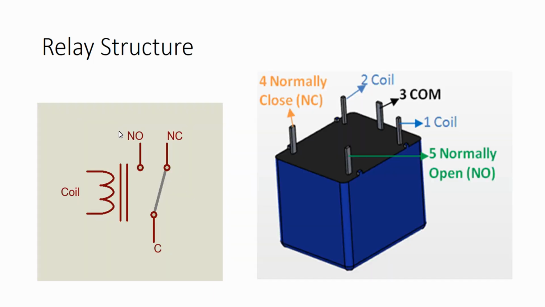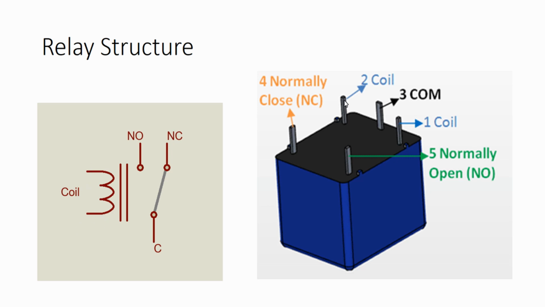And you can see this one is the schematic and structure for the sugar cube relay, and this schematic is common for all the relays, and the working principle is also common for all the relays. You need not worry about that. Now you can see these two terminals are dedicated for the coil of the relay. As I said, I am just going to use a 12 volt relay, so I will be providing a 12 volt signal between these two terminals for energizing the relay.